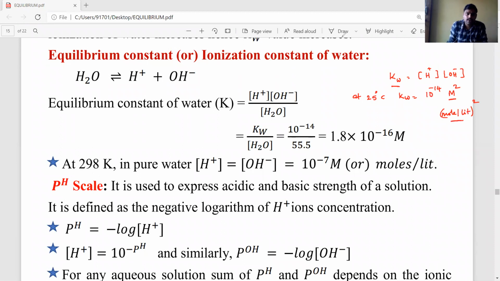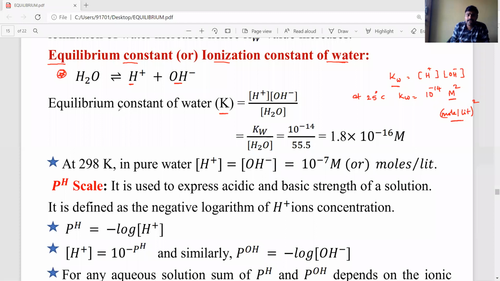Now, today we need to discuss the equilibrium constant, or ionization constant. The equilibrium constant is also called the ionization constant of water. Water ionizes to give H plus ions and OH minus ions. That ionization is not 100% complete, so it exists in an equilibrium state, meaning dissociated and undissociated water molecules exist in equilibrium. So we have to find the equilibrium constant, or ionization constant, of water. For example, a water molecule ionizes into H plus and OH minus ions in equilibrium.